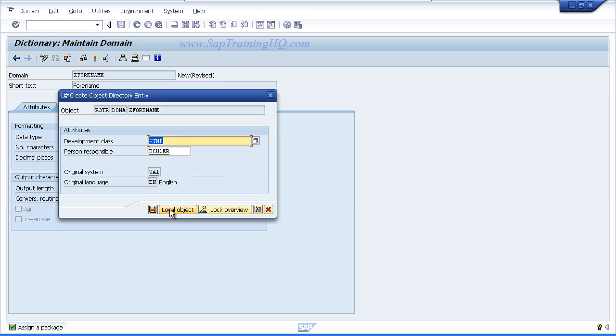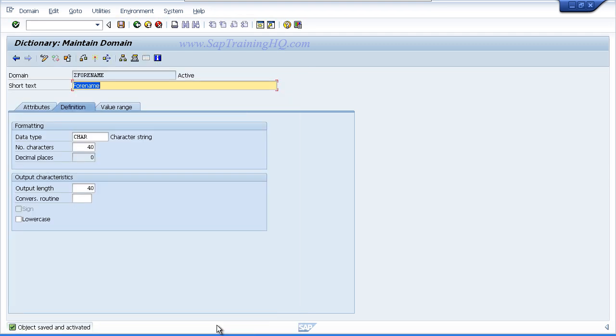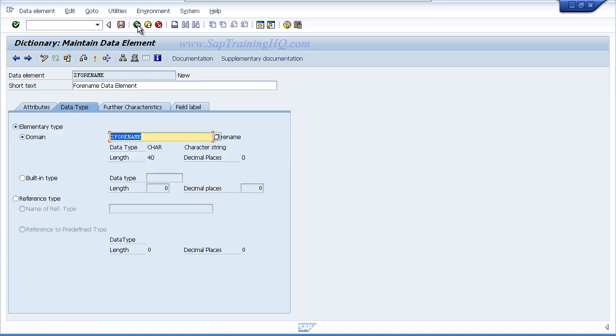Assign it to the local development class. Make sure your object is selected in the inactive objects window and choose the continue button to activate the domain. And when activated successfully, press the back button to go back to the data element.